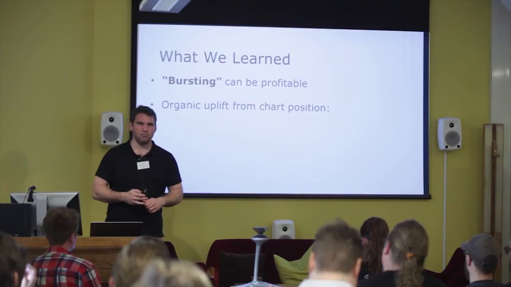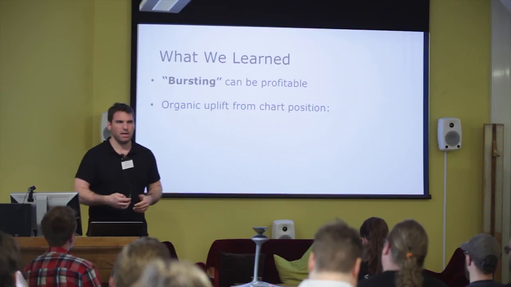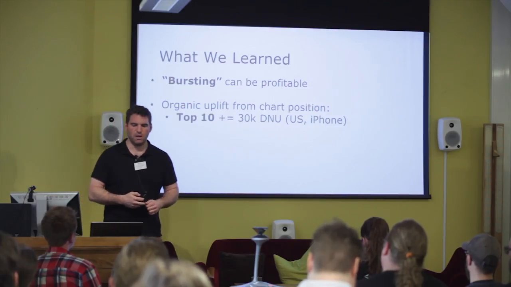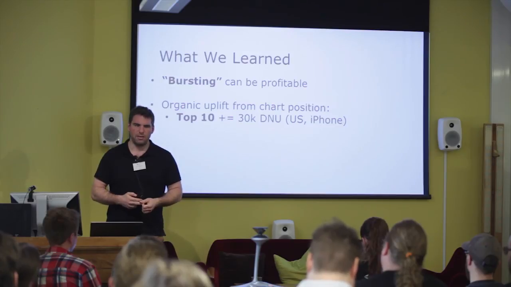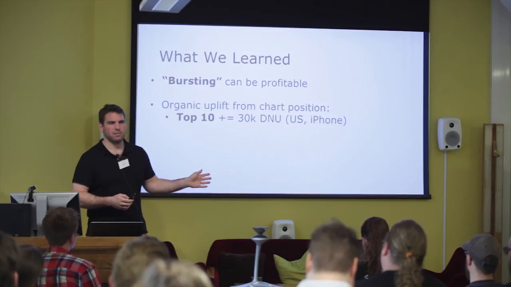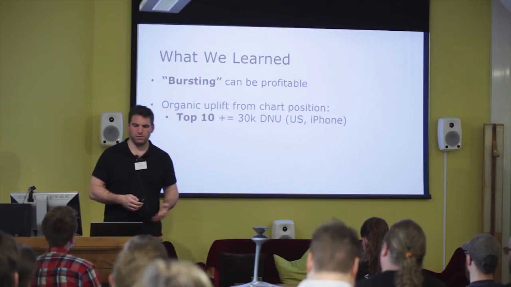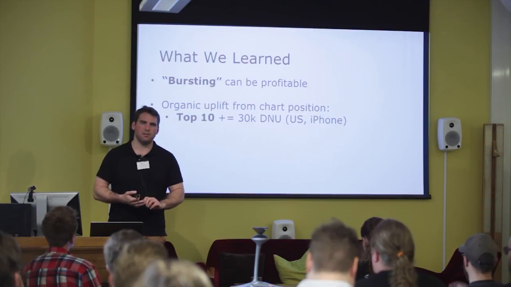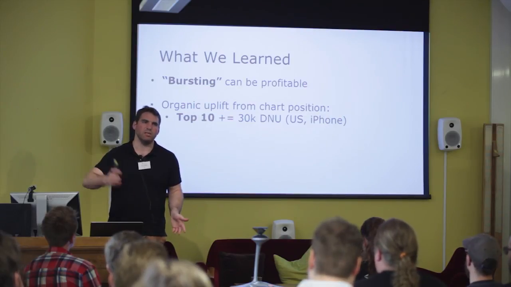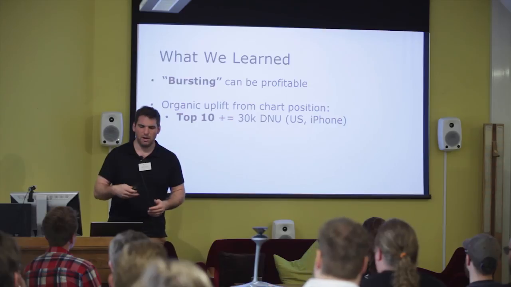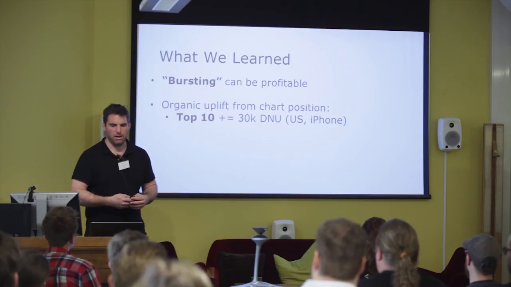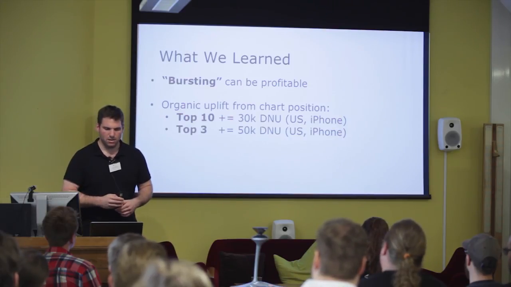We learned about how much of an organic uplift you'll get from chart position. So top 10, we got about 30,000 DNU. You'll remember that before the estimate was 20,000. Here it was 30,000. And I think that's just the nature of the App Store. This is probably going to increase again for like 2 years. This number, how much organic uplift you get by various chart position